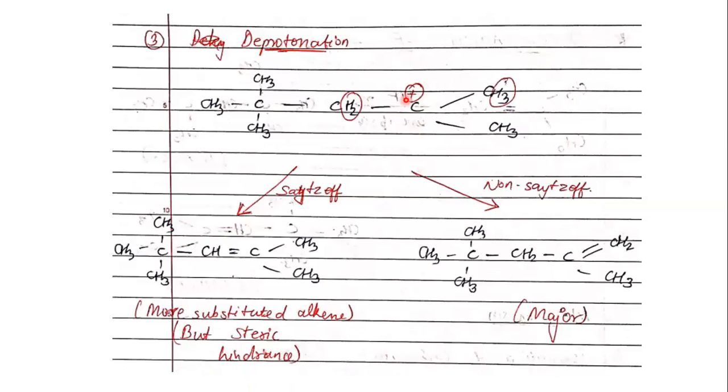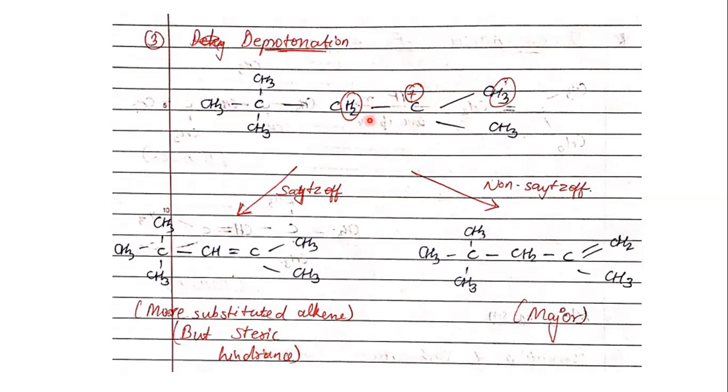So what will happen is deprotonation will happen to make it stable. Deprotonation meaning the hydrogen will be lost, and the lost hydrogen will give its electron back to the carbon, leading to the formation of an alkene. So where will the proton be lost? It has two alpha carbons here. So this is a place where hydrogen can be removed, or this is the carbon where hydrogen can be removed.